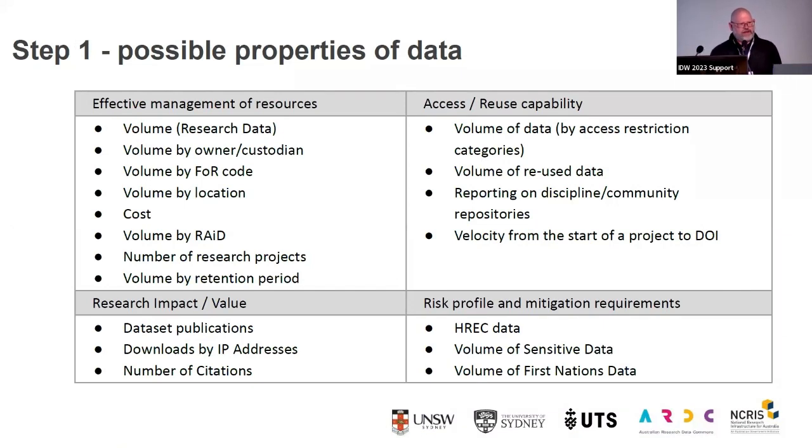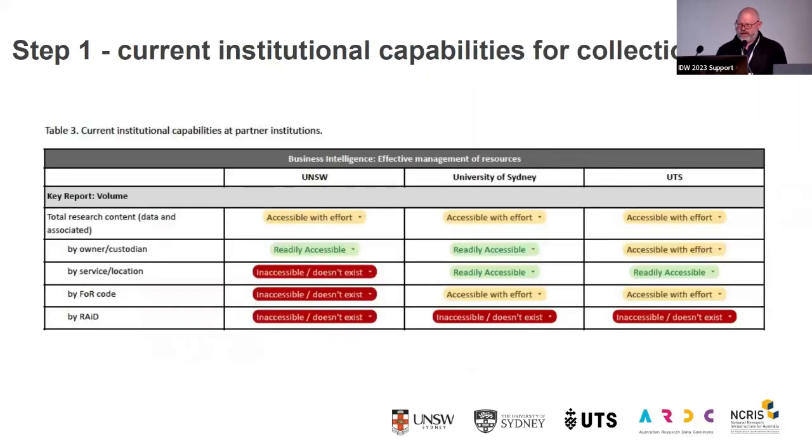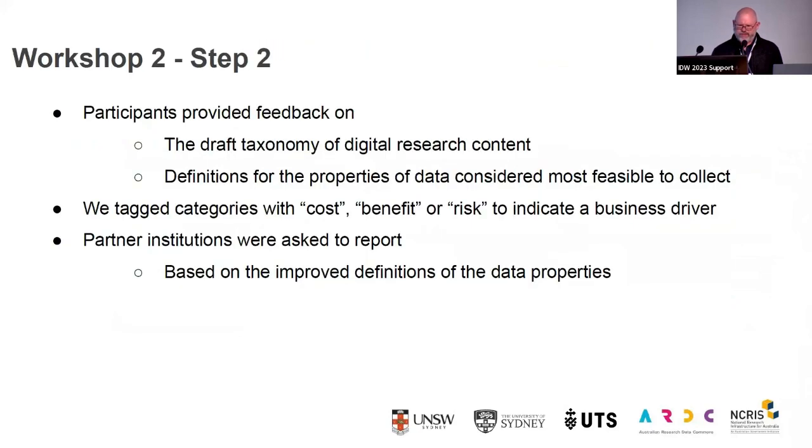So, as with some of the work done by RDA and internationally, what were the properties of data that we institutionally in Australia might be interested in assigning inside these systems? Again, you wouldn't be surprised by some of the bullet points up there on the screen. What we then did was we tried to figure out in the institutions that were taking part in the project whether they had those types of information about the data in their systems or not. And some did and some didn't, and we did a little bit of talking to one another about the contents of our systems.